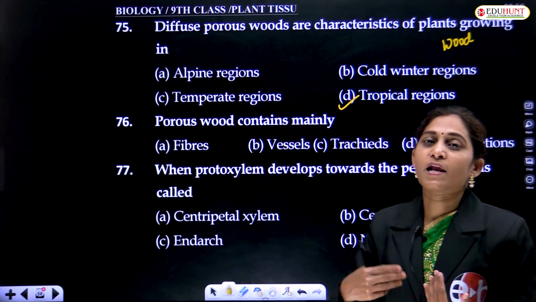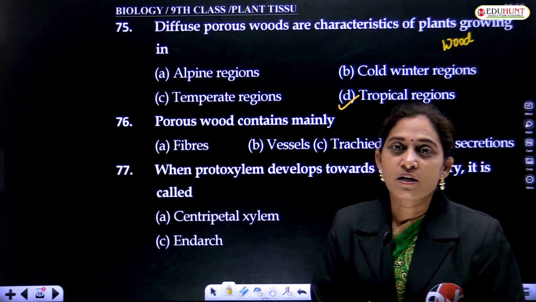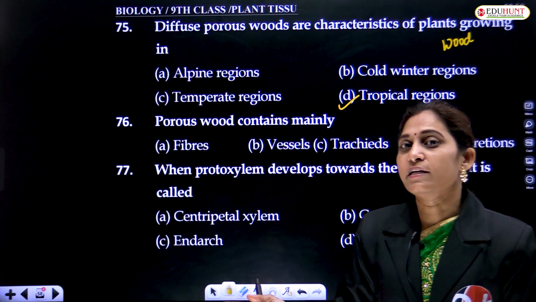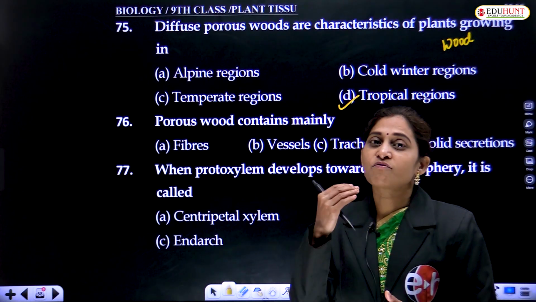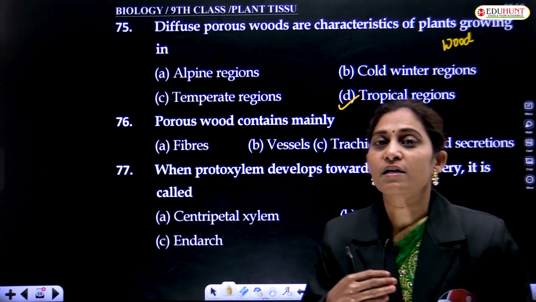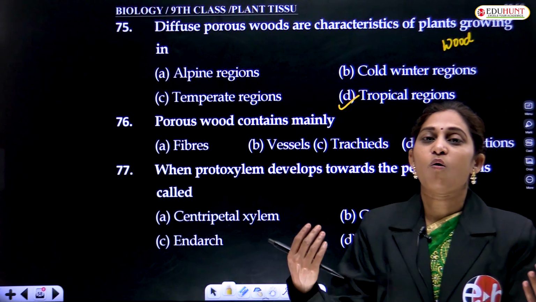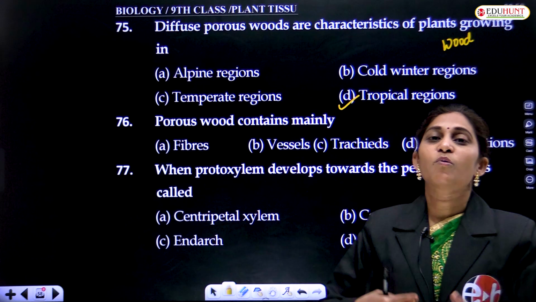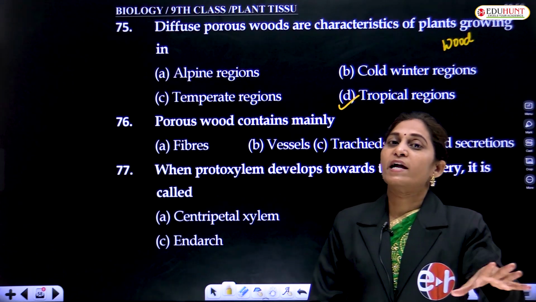Spring season lo plant ki ఎక్కువ వాటర్ అవసరం అవుతుంది. ఆటమ్ సీజన్లో the leaves, the plant sheds leaves. So leaves shed అవుతాయి కాబట్టి, so leaves are the photosynthetic organs. We all know that for photosynthesis leaves require water. So for conducting, it requires more water. For conduction of water also, it needs more and more number of wide lumen, xylem with vessels with wide lumen